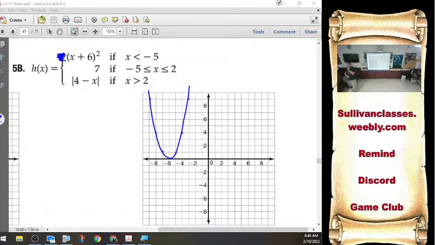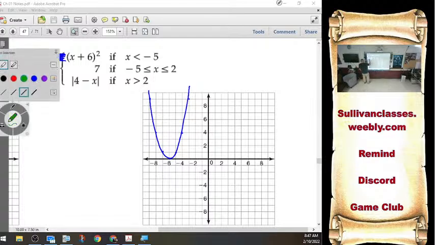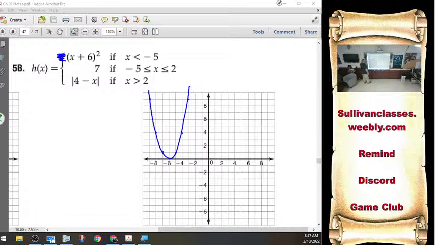So the last one I did, I put all of the graphs up there and then erased. It was kind of a big snarl, right? It was just a mess of lines and curves. So maybe it's a better idea, maybe a note to write to yourself, to do one at a time. Graph the first part, erase the parts that don't matter. Graph the second part, erase the parts that don't matter. Graph the third part, erase the parts that don't matter. Okay? So this graph, but I only care about it